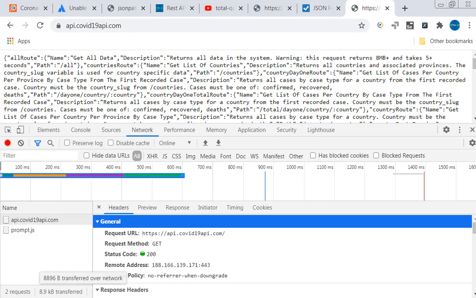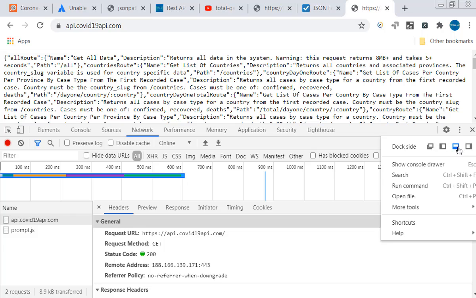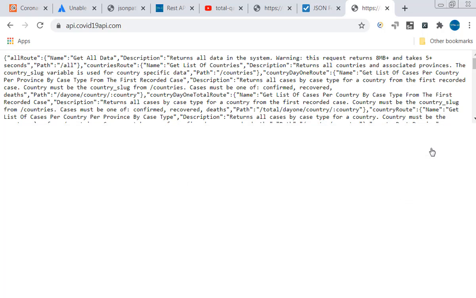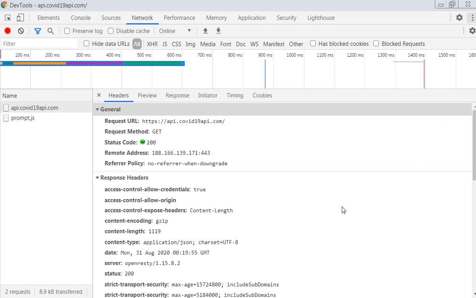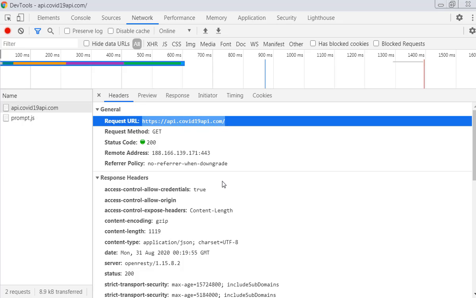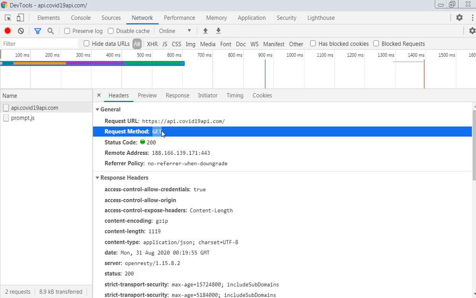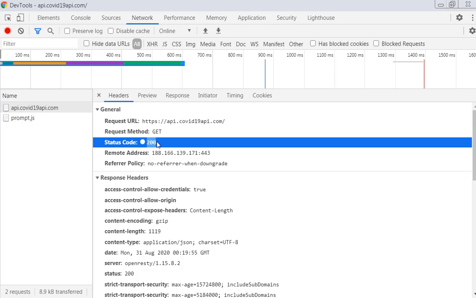This is the request we sent. Let me try to keep it outside. Here, this is our request URL. This is the get method. This is the response status code.